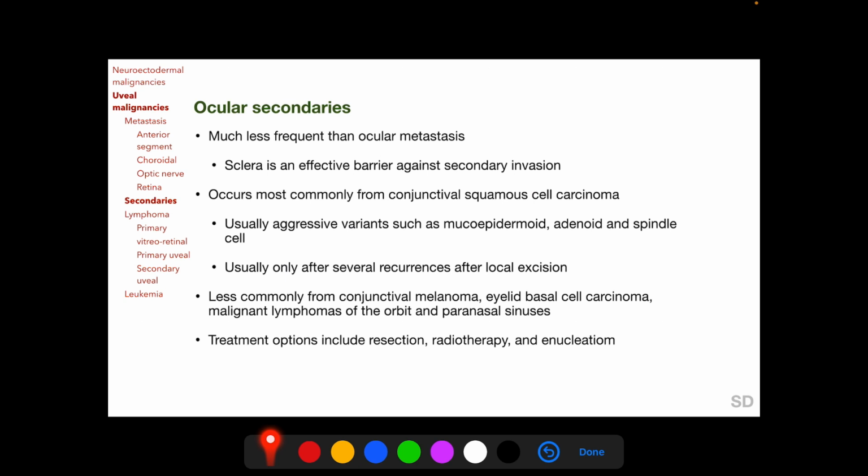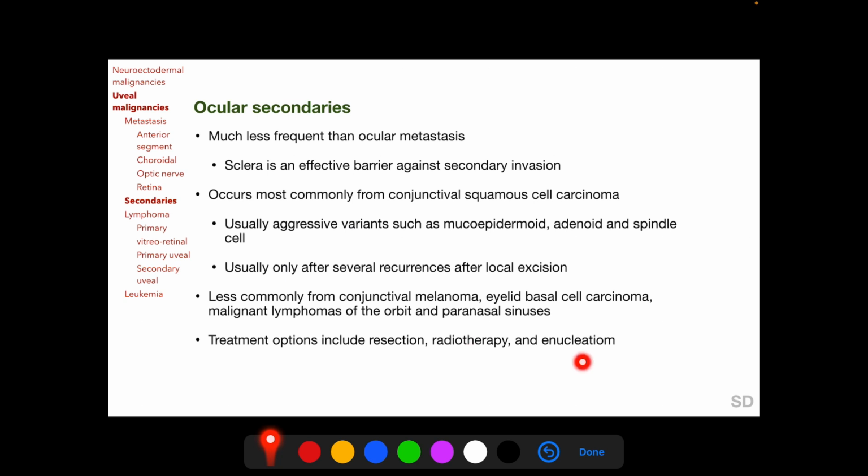Ocular secondaries occur most commonly from conjunctival squamous cell carcinoma, and usually the aggressive variants of this tumor such as mucoepidermoid, adenoid and spindle cell carcinomas invade the globe, and that too only after recurrences following several attempts at local excision. Less commonly, conjunctival melanomas, eyelid basal cell carcinomas and malignant lymphomas of the orbit and paranasal sinuses can invade the globe. Treatment options for ocular secondaries include resection,